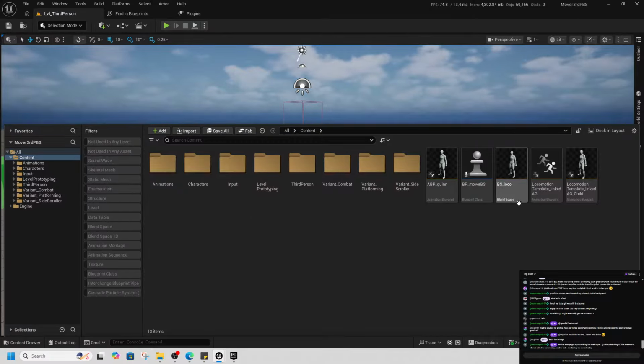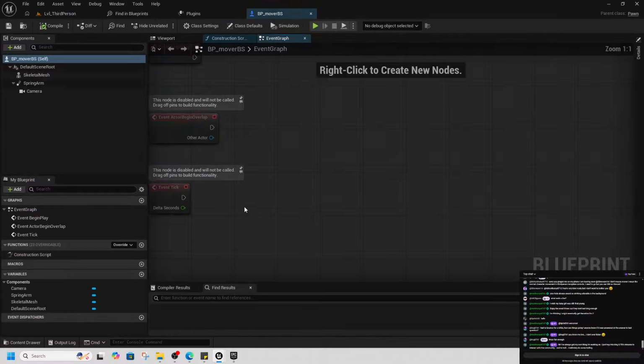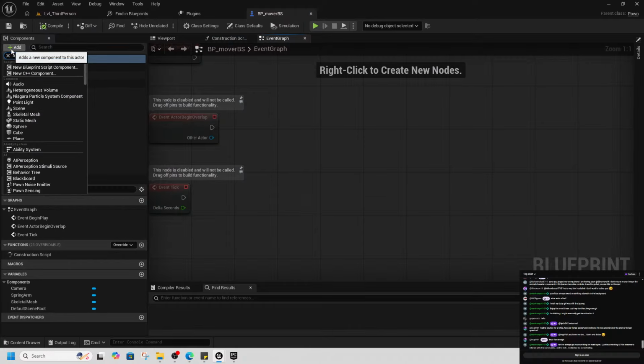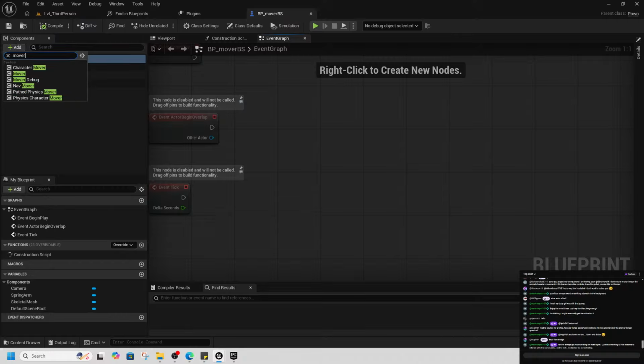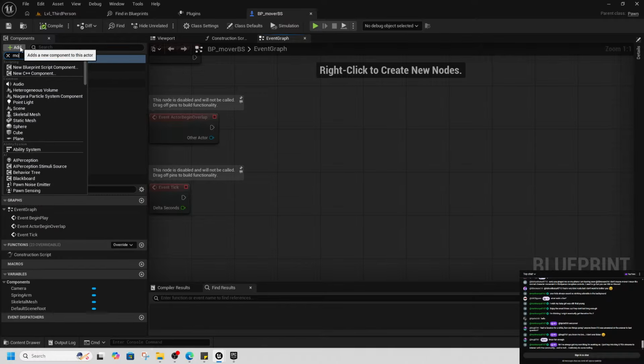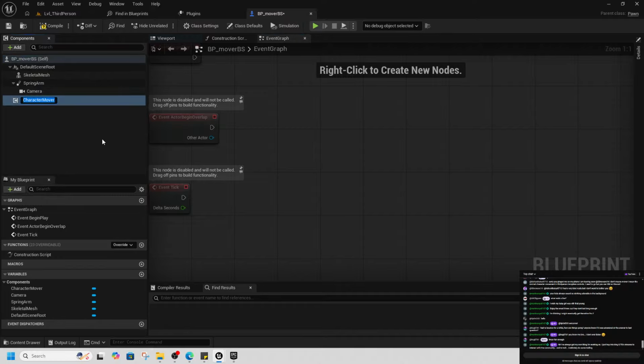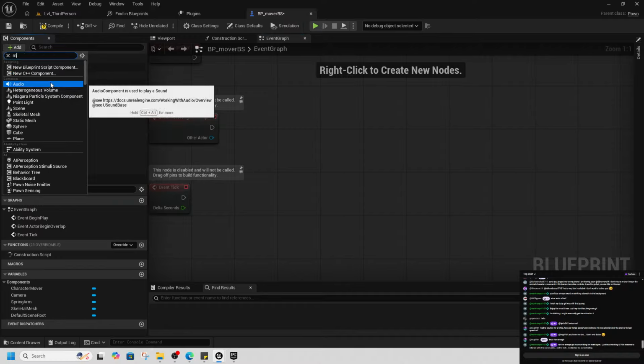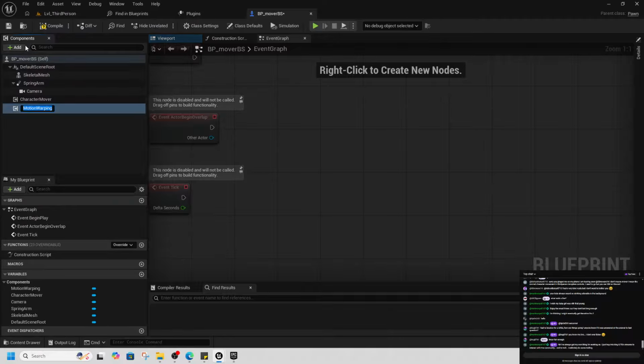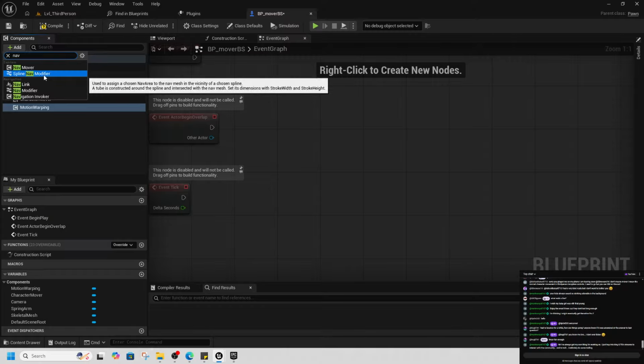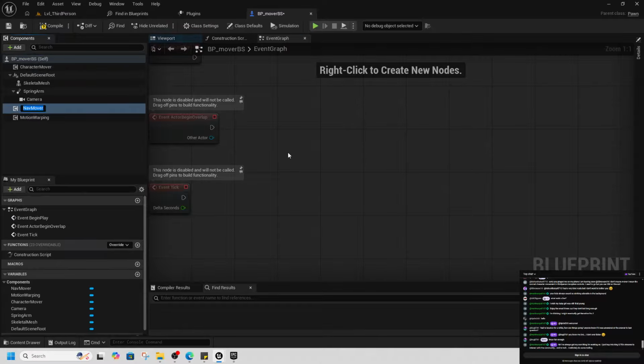Right. We have our BP mover BS, which, yeah, that's probably about right. Let's add mover to it. Is this the character mover or the normal mover? This is the character mover. Let's add motion warping as well, just for good measure. And let's add nav mover as well. Character mover, nav mover, motion warping. You don't need anything else. Do need